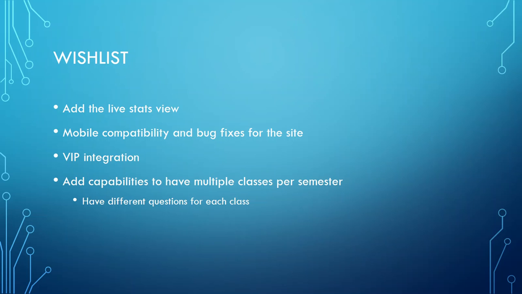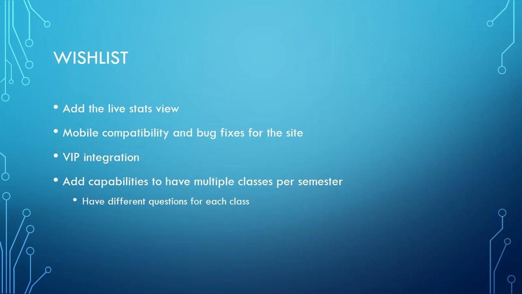And another wish would be, after creating that VIP integration, to add the capabilities to have multiple classes per semester. This would mean that a new tab would be added in the Settings tab underneath the new term to add a class and to be able to synchronize the individual courses in that tab. That way, you would be able to have different questions for each class, and in the People and the Grades